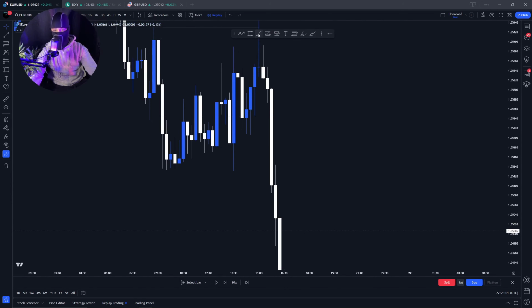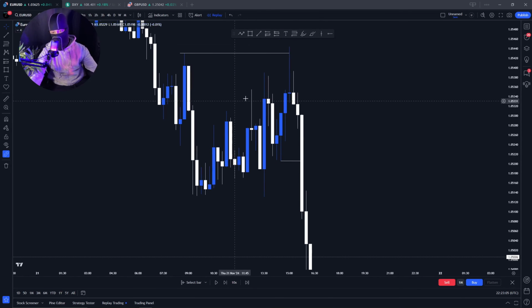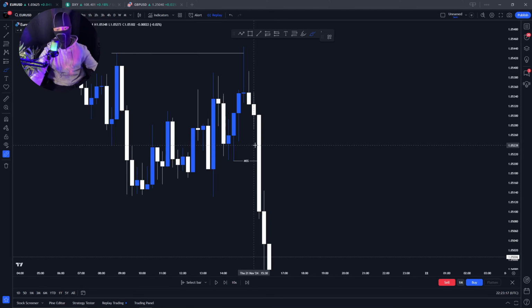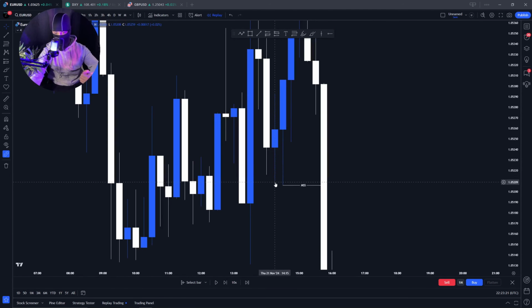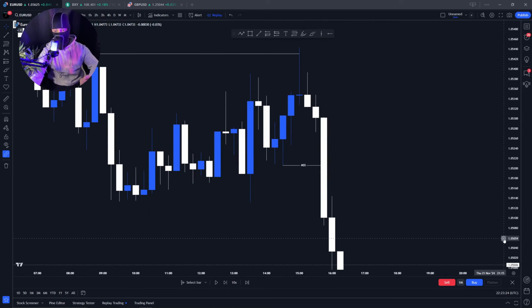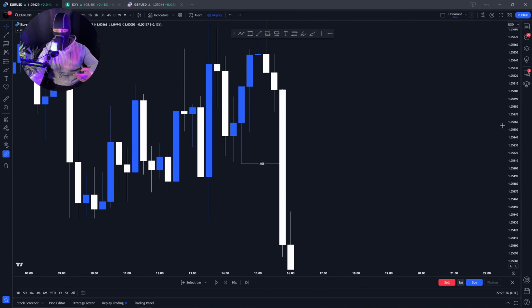What can we see? We can see price breaks below this swing low. This is clearly a market structure shift towards the downside. You can see price was slightly bullish and it was going up. However, we shifted structure towards the downside. Now let's confirm it with our rules. Is this a swing low? Yes. How do I know? The candle on the left is slightly taller. The candle on the right is all the way up here. What is the second rule? We have to have a body closure above or below.